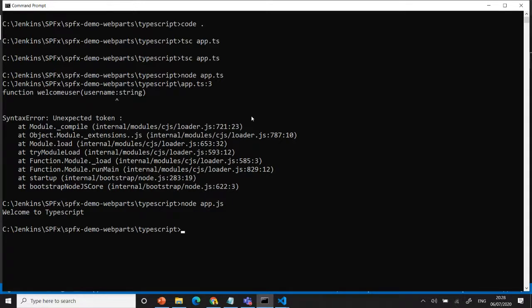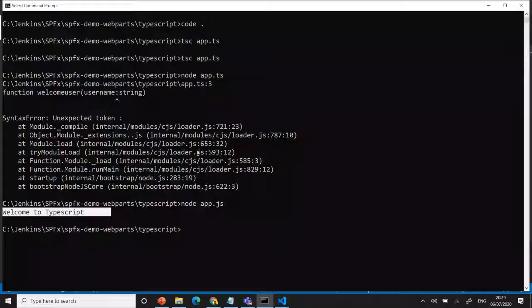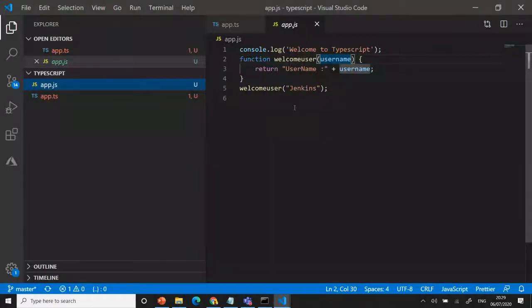Here I accessed the TS, app.ts. That's the reason it's not working. When you access the JS, it's working. Welcome to JavaScript. If you pass the values and everything, you are able to get that. You can get objects and everything, right? Same like when you want some configuration information. This is a simple method I did. Whenever I want a configuration, I want to make some folder and everything.